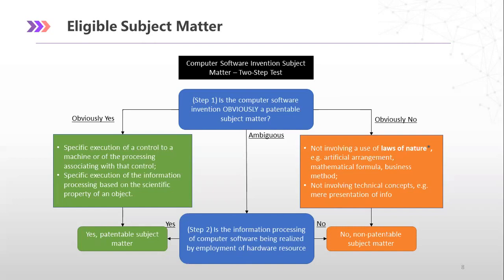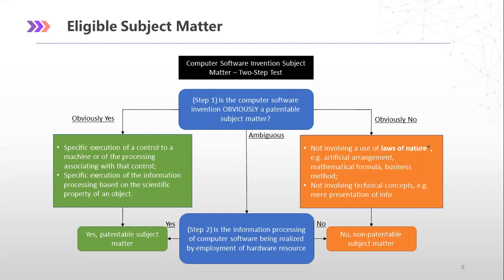But when you look at the orange route on the right, if the invention does not involve laws of nature, or does not involve a technical concept, then the answer would obviously be no, and it is not a patentable subject matter. If the examiner cannot tell whether the invention is obviously patentable or not, according to the green and orange routes, then